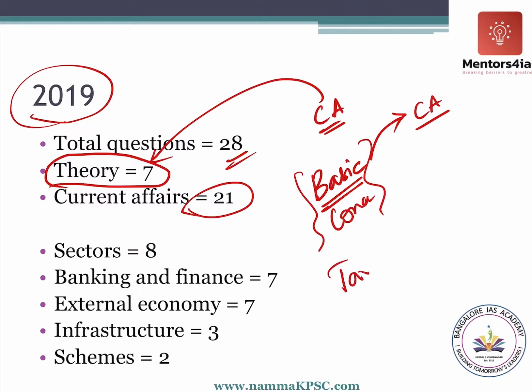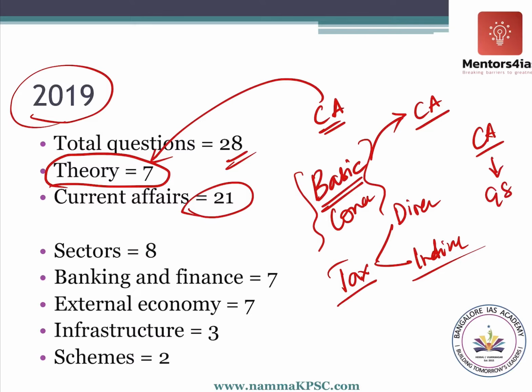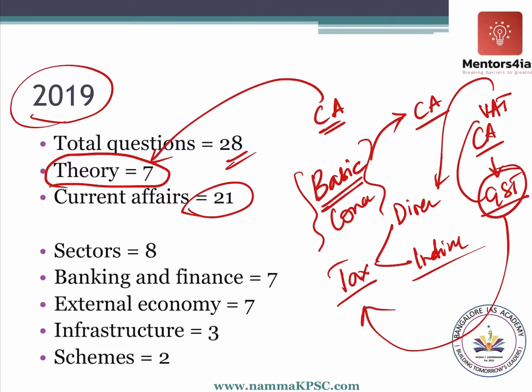Take taxation, and the types of taxation, that is direct tax and indirect tax. In current affairs, they can ask issues related to GST. But to understand the issues relating to GST, the problems, the features, the advantages, etc., you first have to know what is tax, what are the different types of tax, and why this GST. For example, GST is a value added tax. Now what is this value added tax?